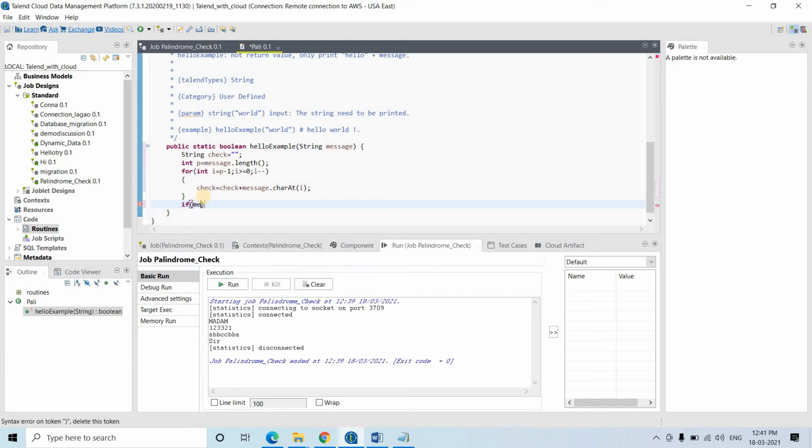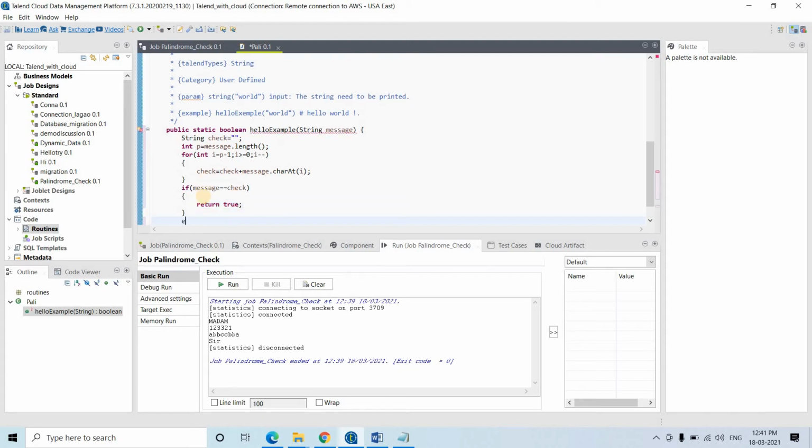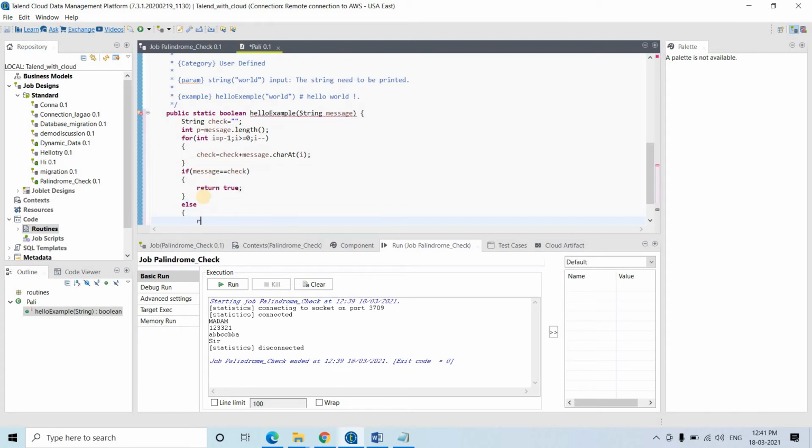If message equals check, then those are basically our palindromes.